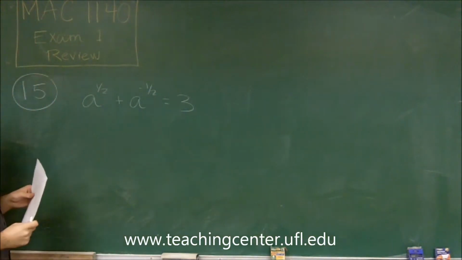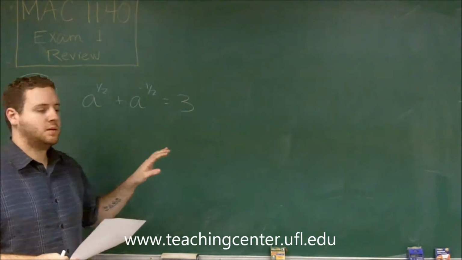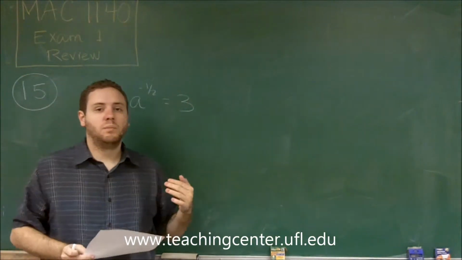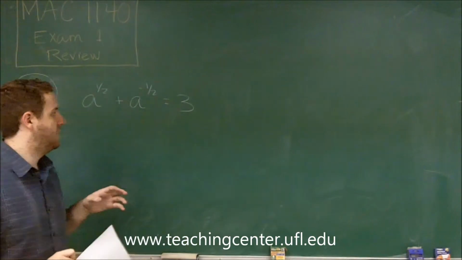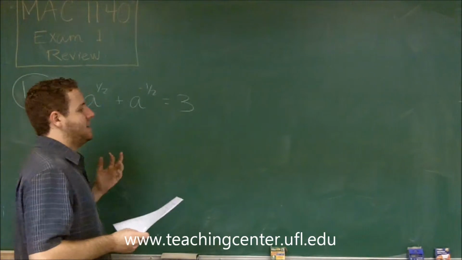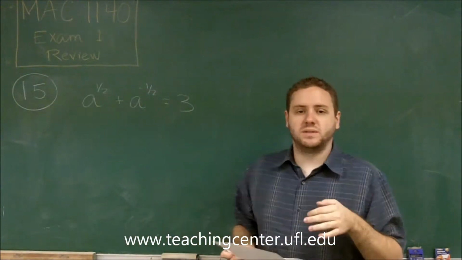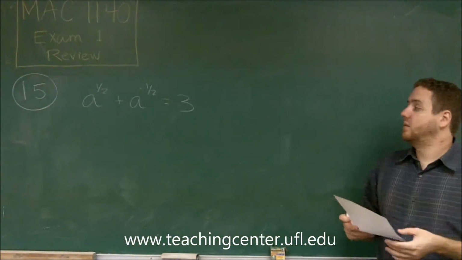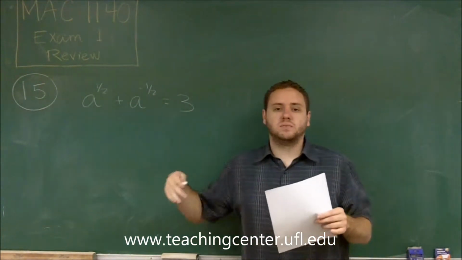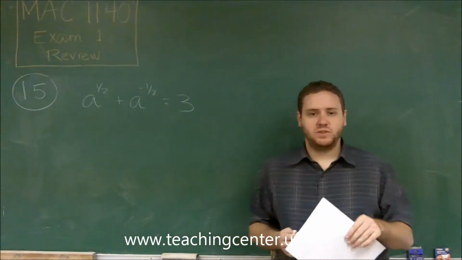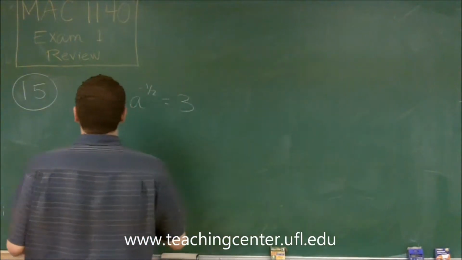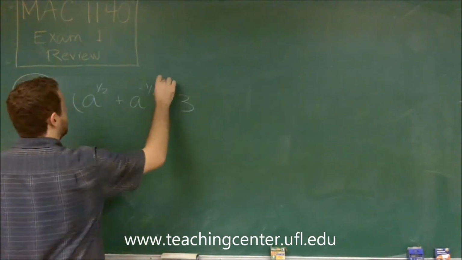So this special form is when you have the same base, no coefficients, and your powers are equal, but one's negative and one's positive, and it can equal anything. When you have something like this, you can easily double the powers by just squaring both sides, because when you FOIL, something is going to cancel out every time. So again, this is if you have equal powers, one positive, one negative, no coefficients, that type of stuff. When you see one like this, you always want to square both sides. So when we square both sides,